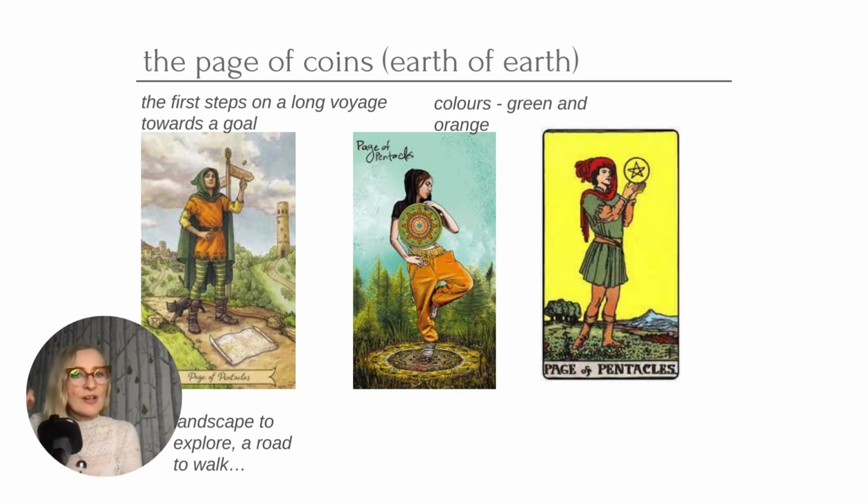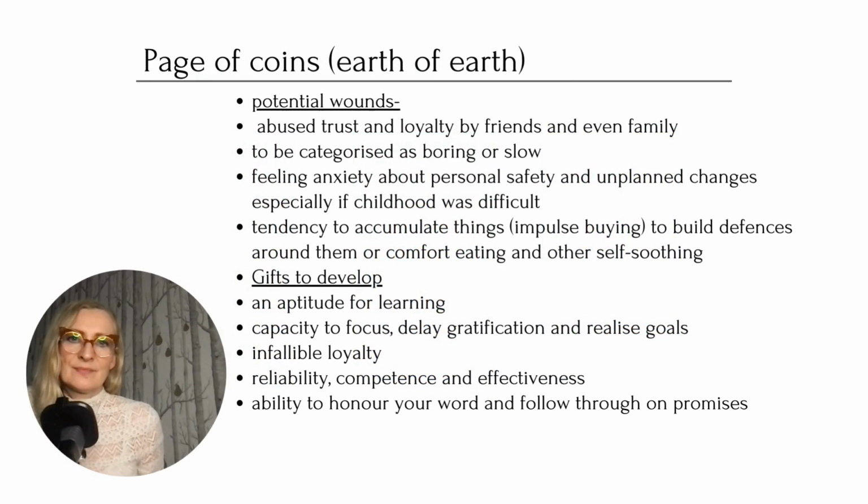And if we look at the cards here as examples, we tend to look at that combination of orange and green, and usually being in quite a fertile landscape. This is Earth of Earth, so we can see green trees and fields and distant hills. It's quite a pleasant environment that they're in because they're in their home element here. And we see them holding a coin and they're looking at their objective or their resource and they are setting off. So let's see where they're going.